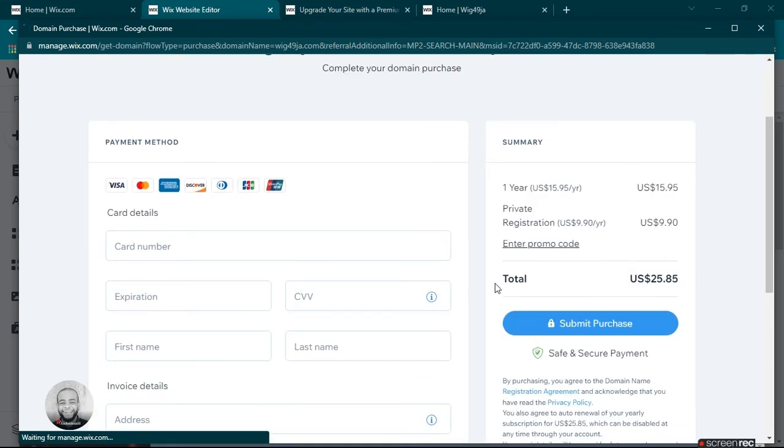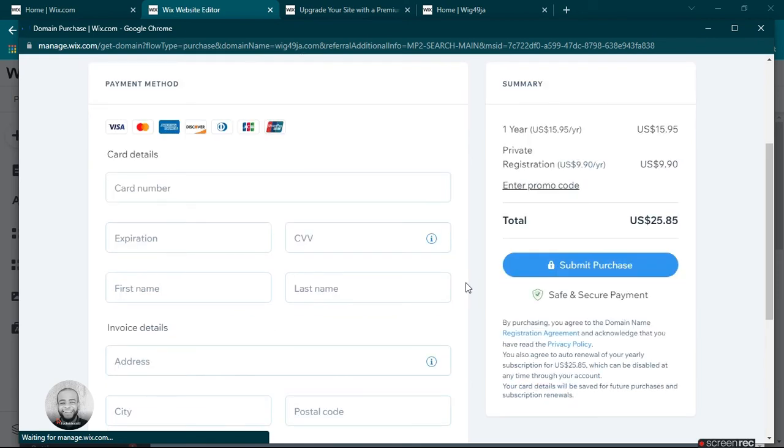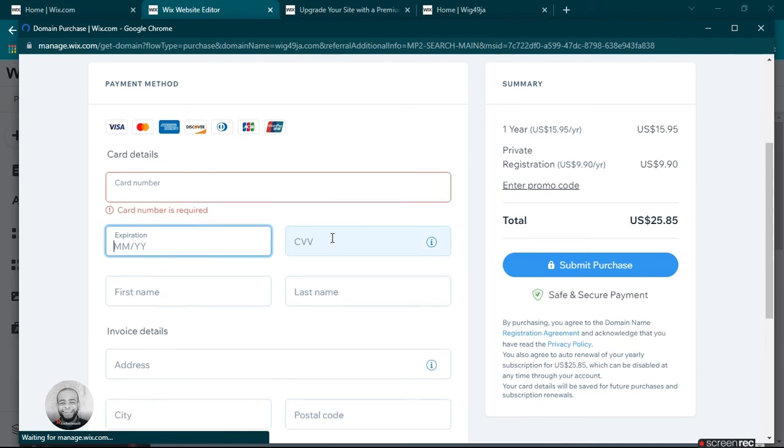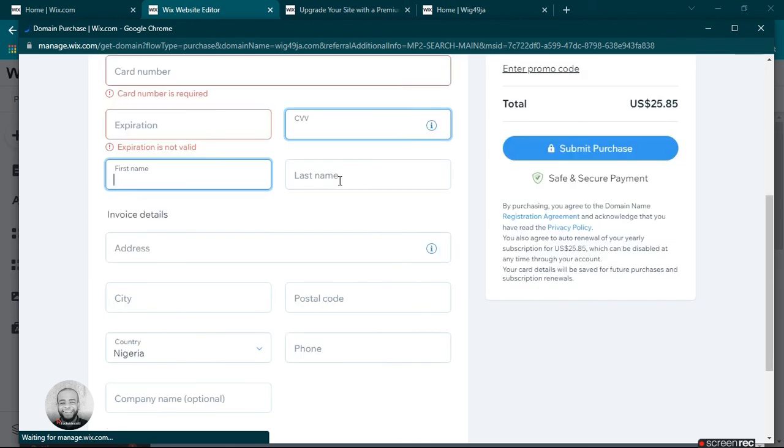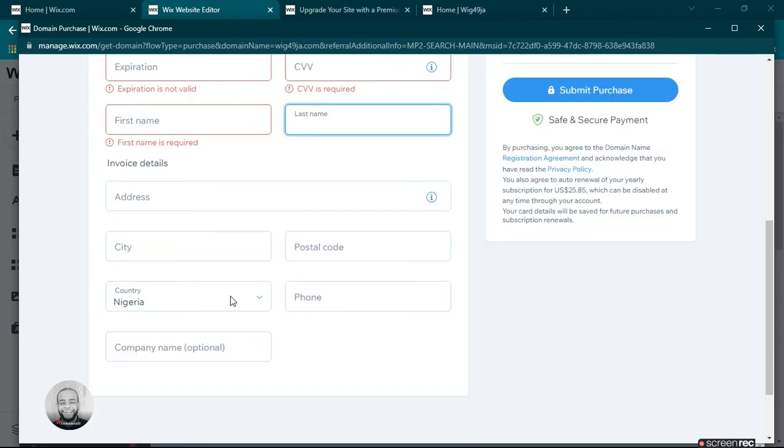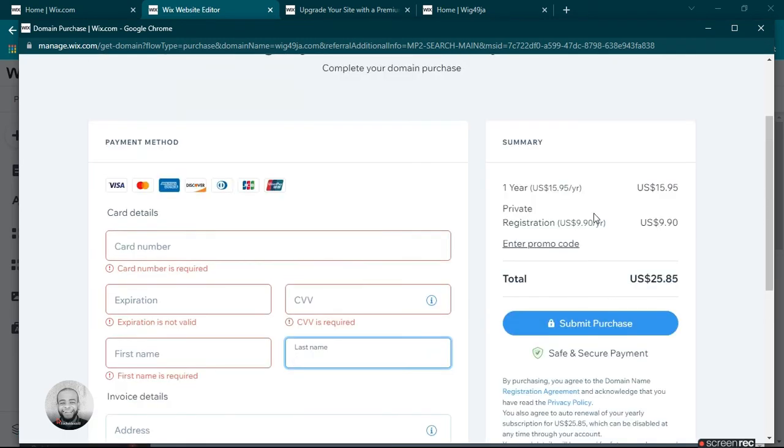Okay, so here's the checkout page. Go ahead and fill in your information. Confirm you're paying for 1 year, which is $15.9 plus $9.90. Enter your card number, your CVV number, and other necessary information. Ensure you're using your dollar MasterCard. It could be your company information or your personal details.